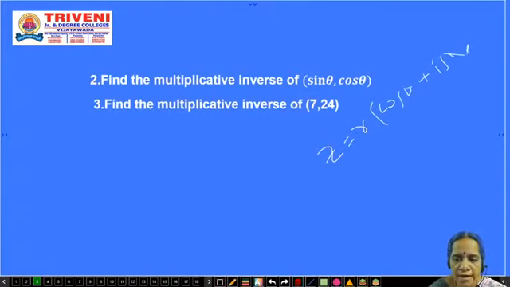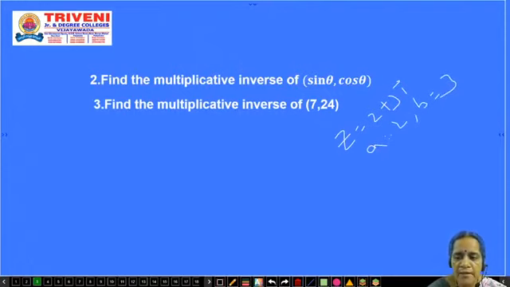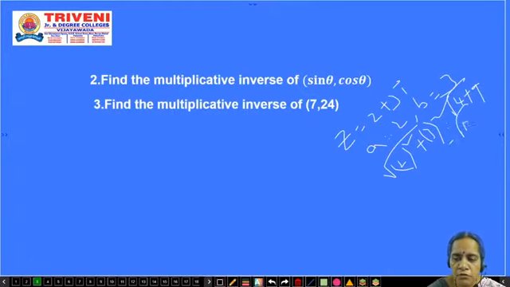We have to find the value of r here. r is equal to the square root of a square plus b square. Suppose we take z is equal to 2 plus 3i. Here a is equal to 2 and b is equal to 3. The modulus is the square root of 2 square plus 3 square, that is equal to the square root of 4 plus 9, that is equal to root 13.